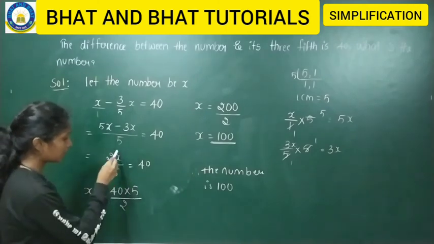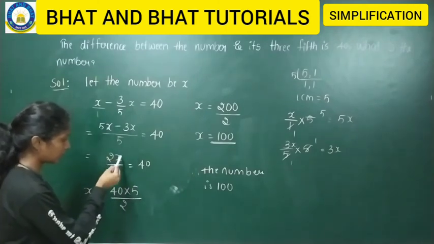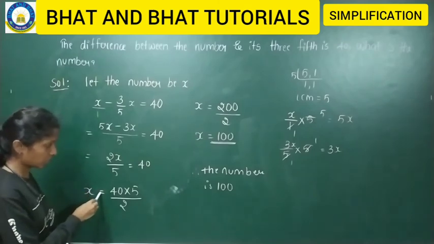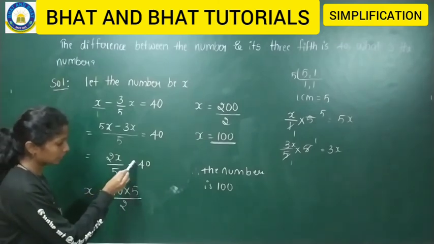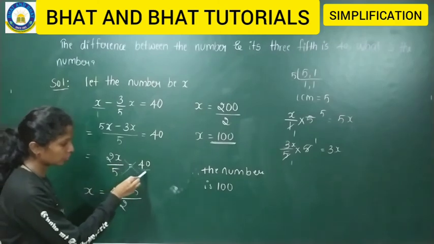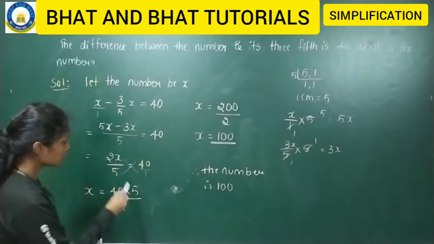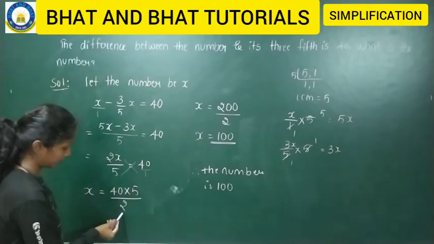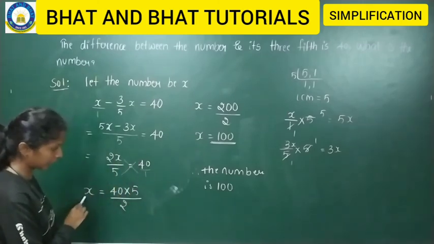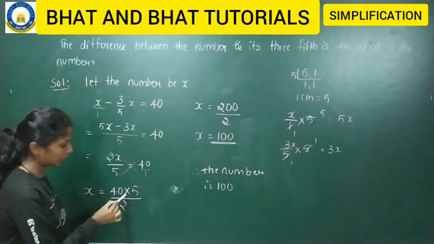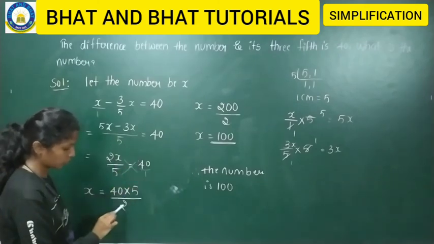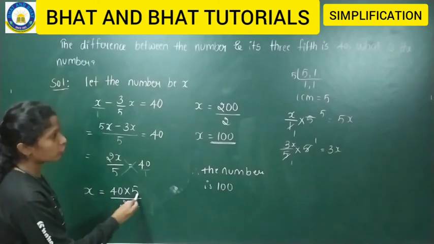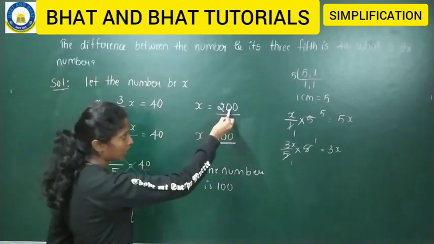Since all the others are numbers and x is the variable, take the x to your left hand side, which is equal to, do the cross multiplication. If nothing is here, we are going to consider it as 1, right? So 5 into 40, 2 into 1. You have taken the x already, right? So 40 into 5, 2 into 1. If I write 2 into 1, it is 2 only, okay? So 40 into 5 gives you 200.